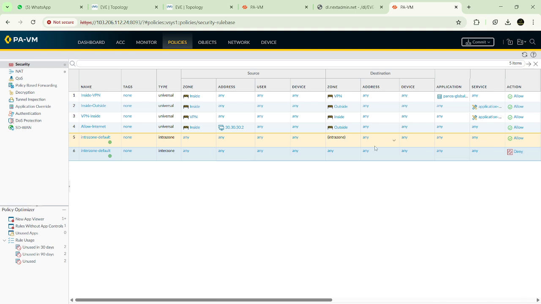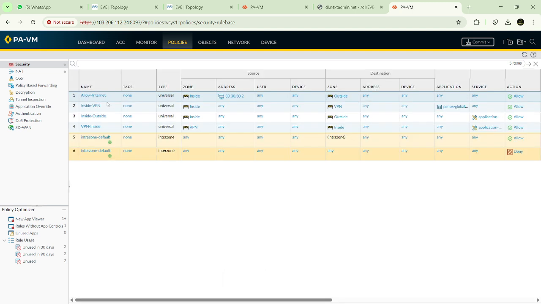If it hits the default interzone policy, it is not matching any of the policies that we have configured here. Suppose I have configured this policy for particular traffic. What I am doing is moving it to the top, because if you have this policy at the bottom,